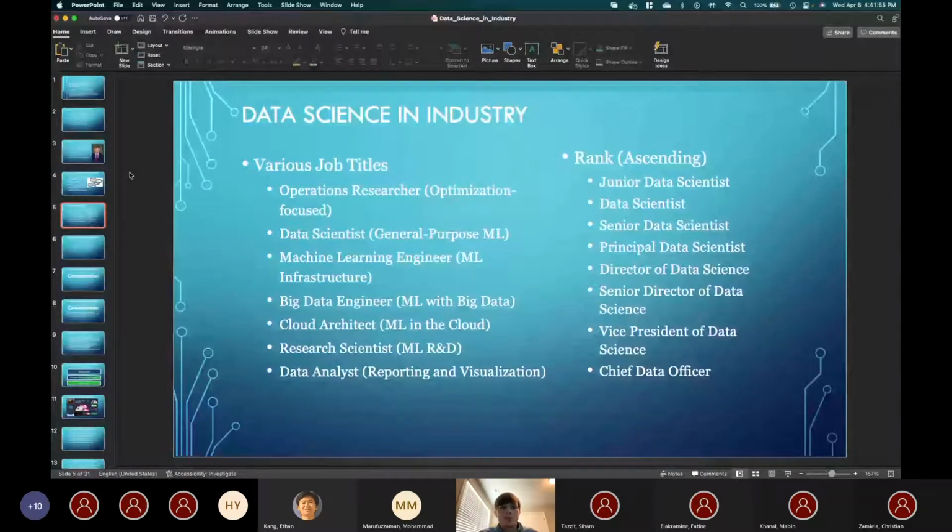a very general purpose. Once you have companies that are more focused on specific data objectives, you'll start to see the ones below as more very specific roles. So for machine learning engineer, this is what I currently am, is very much focused on the machine learning infrastructure. So if you think about, for example, I like to use Facebook as an example just because it's something everyone knows. But if I'm trying to predict whether or not people will click on a specific ad, there's a lot of infrastructure that has to go under the scenes to make that work.